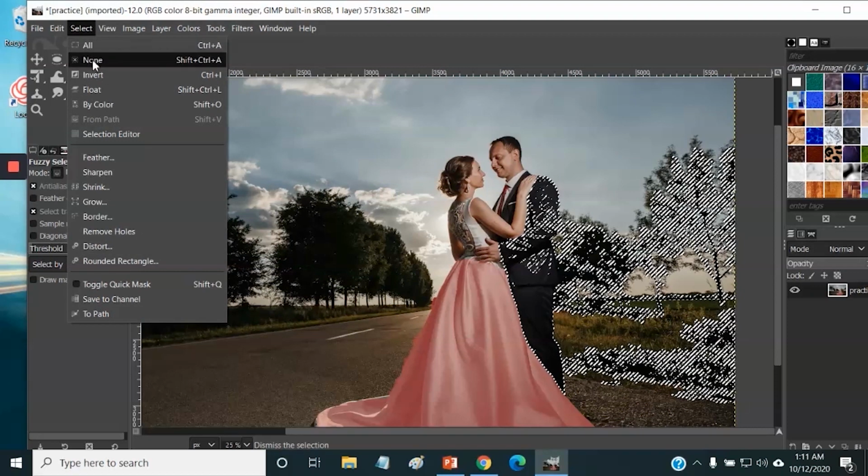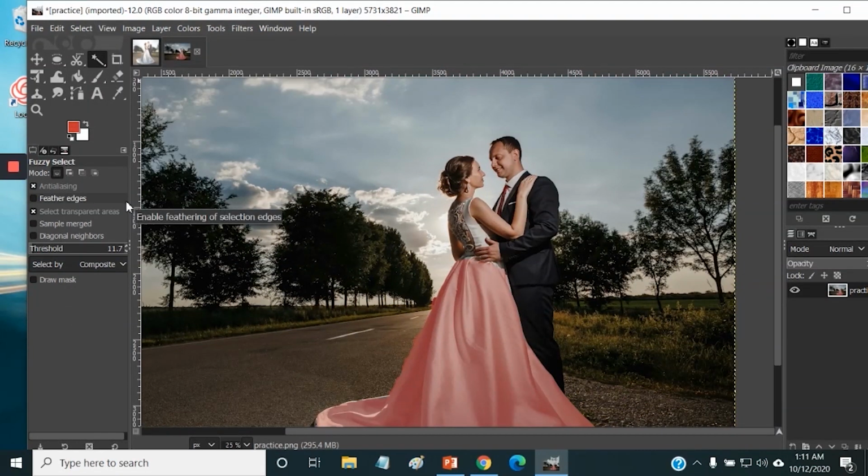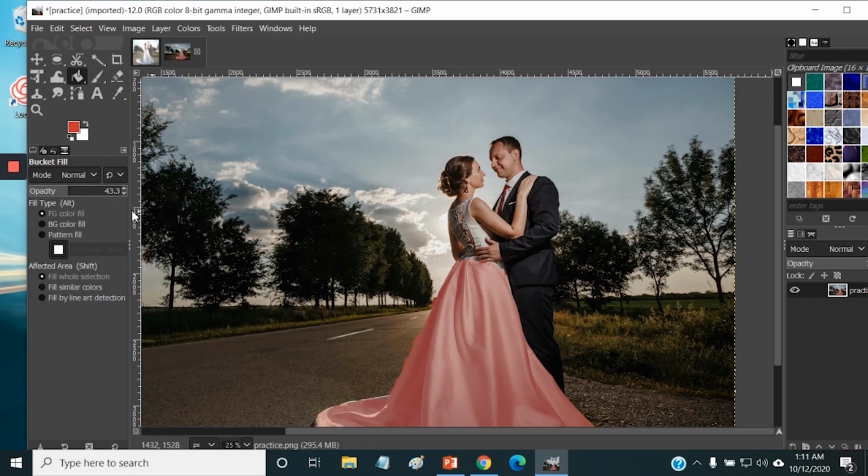So I'm going to go ahead, select none, and let's have a little bit more practice with the paint bucket tool. So again, with the paint bucket selected, some of our options, we've got the FG color fill that will use this foreground color in the color picker. BG color fill will use the second color in the color picker. And pattern fill, if I select that, will either let us use an image that we copy from somewhere else or one of the images in the patterns over on the right. So if I choose the cheetah there,